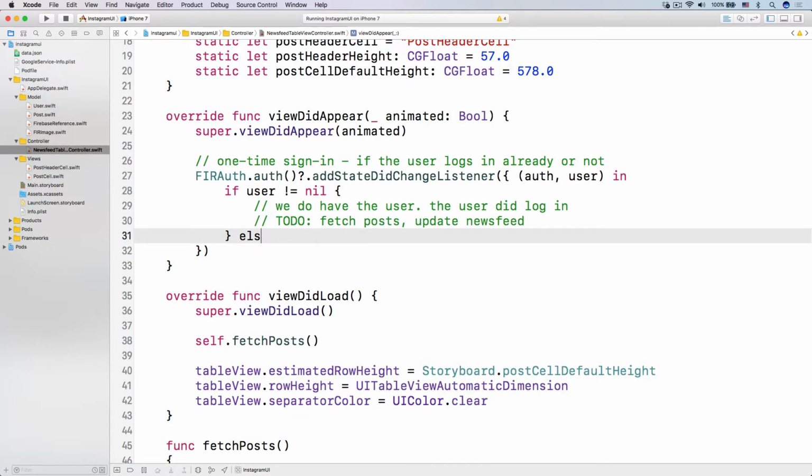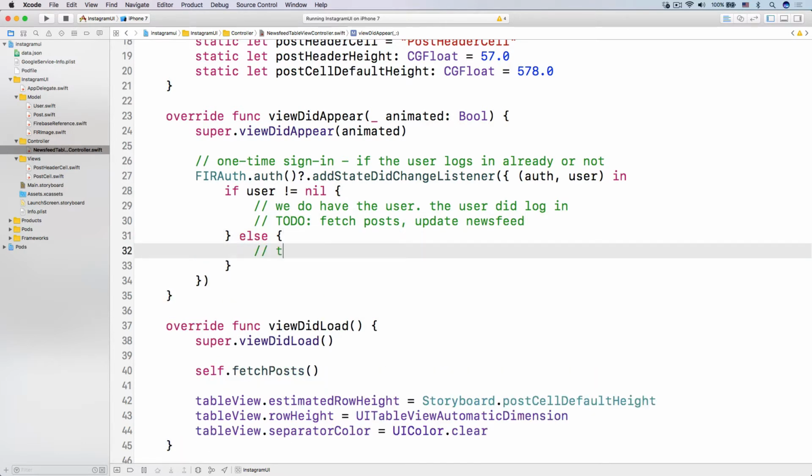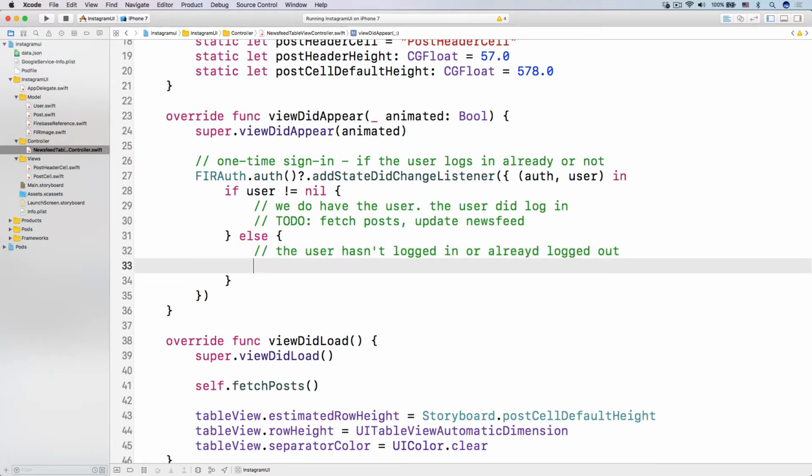Otherwise, else, this means that the user hasn't logged in or already logged out. So all you have to do now is to show that login and logout screen. To show that login and logout screen. How can we do that? Well, let's have a